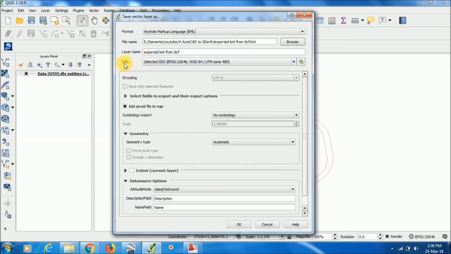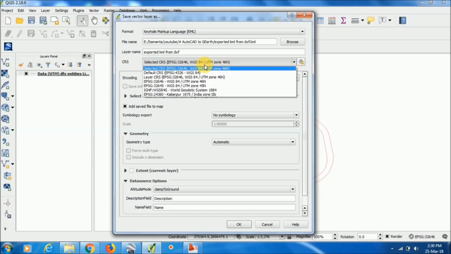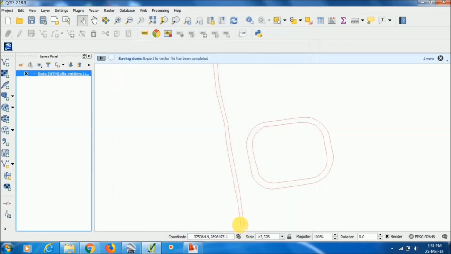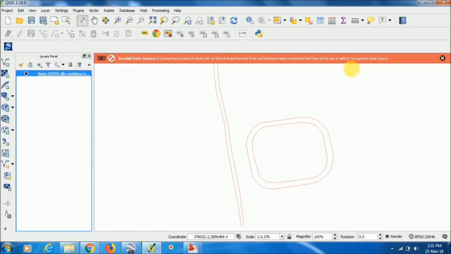Here in the CRS, the coordinate reference system, you can change that CRS to WGS84, or you can keep it as UTM zone also, but it will be better to change the coordinate system to WGS84, that is lat long values. We will get the lat long values. So I am choosing WGS84. Now okay.